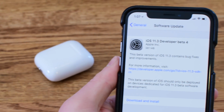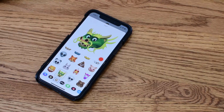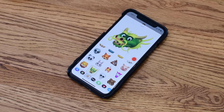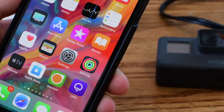iOS 11.3 is inching closer and closer to release, with Beta 4 being released. On my iPhone 10 it comes in weighing at 381 megabytes, but that may vary depending on the device that you're rocking. The changes in this beta are pretty tiny, with the biggest change being the fact that iBooks has